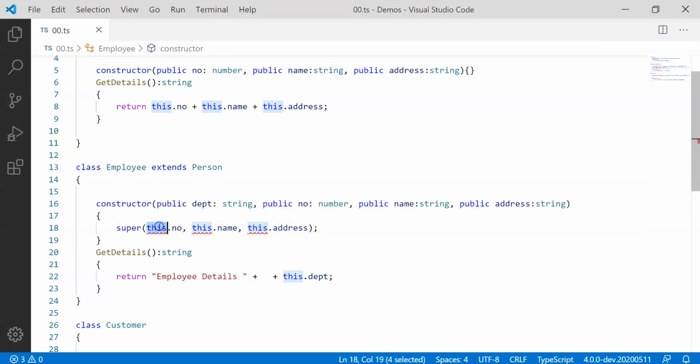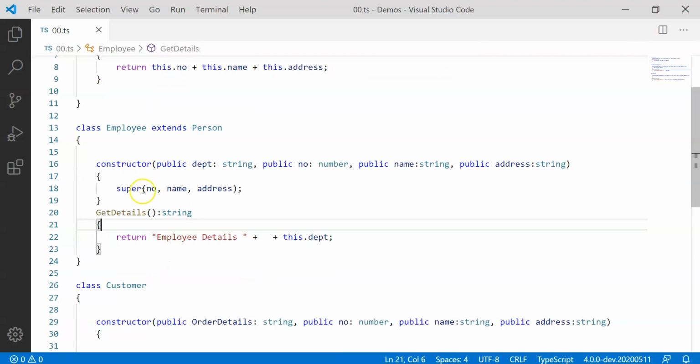So okay, I should not use this here. I should pass on the number, then name, and then address. So we are passing all three parameters to the base. Now we have a getDetails function. So if I have an employee class object declared, and if I call getDetails, typically the method is searched in the